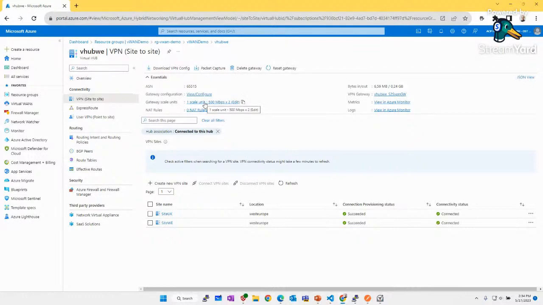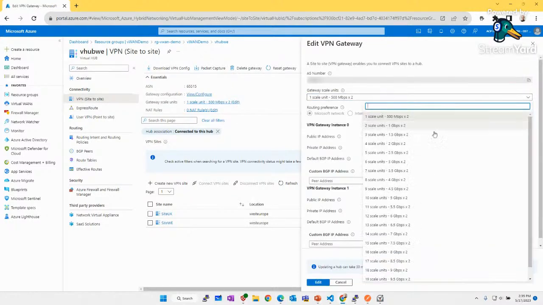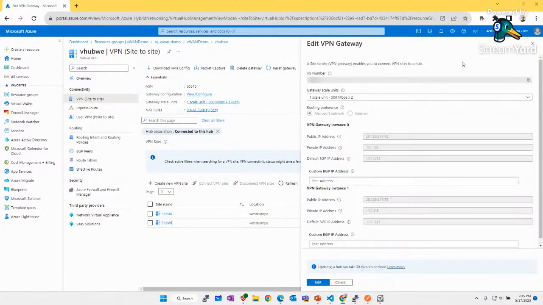One scale unit means 500 megabit, but when we think about high availability, we always provision two nodes, and this is the case where we have two 500 megabit instances. If you want to scale up, it's really simple. Select the scale unit you prefer, up to 20 scale units, which means 20 gigabit, because we have two nodes in place.